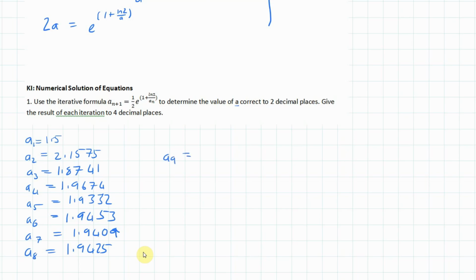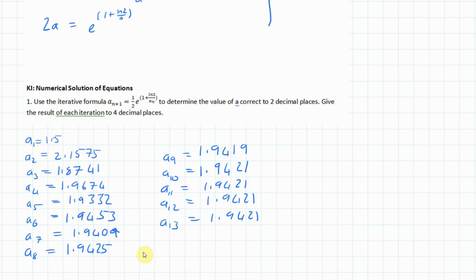a9 equals 1.9419, a10 equals 1.9421, a11 equals 1.9421, a12 equals 1.9421, a13, I think we're there, equals 1.9421. Okay, so at this point we're going to say a is equal to 1.94